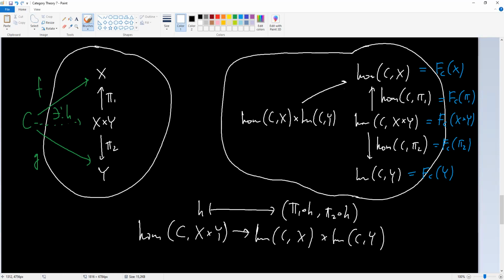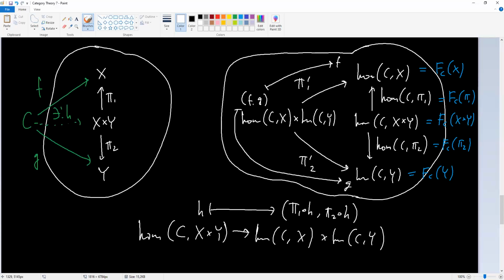And there are these product projection maps, which are exactly the two projections, right? So let me call them pi prime 1 and pi prime 2. They take a pair (f, g) and they map it to f with pi 1 and to g with pi 2. Now the bijection we get here, this bijection that maps h to this composite,